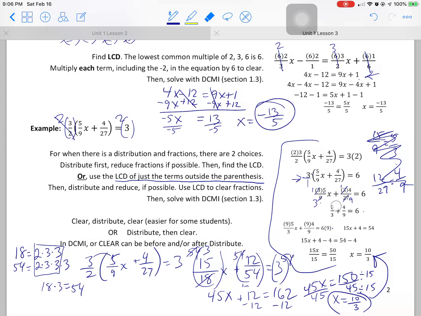So I like just clearing the outside, just clearing the 2. Then you're distributing a whole number. Then you're getting an LCD again of 9, multiplying it all the way through and reducing. And then you're just moving the 4 over, and then you're dividing by that, and then you're reducing. Okay? So either way,